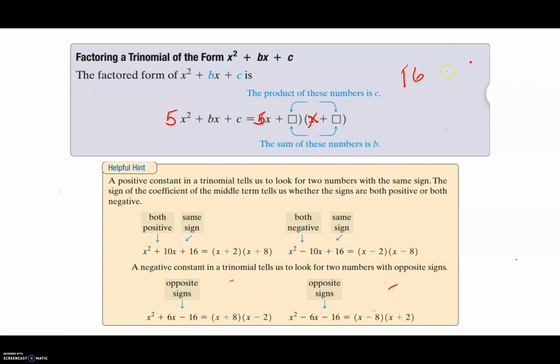But what if you have a number like 16? You might have to break it up as 16 and 1, or it might be 4 and 4, 8 and 2. So that's where the new challenge is going to be, where we're going to have numbers here now too, so that not only will the two factors you select need to add up to that,